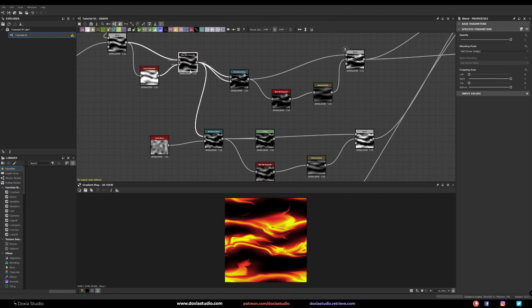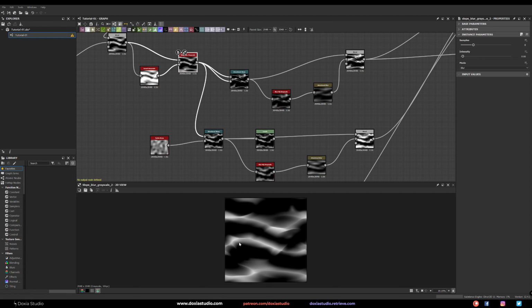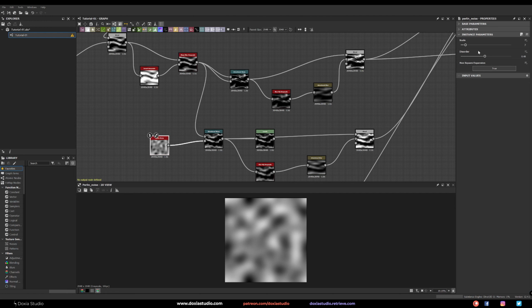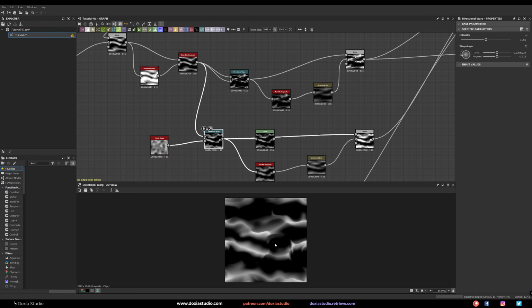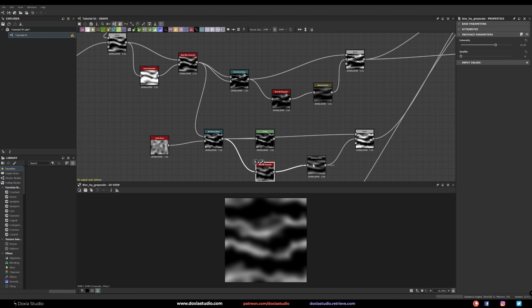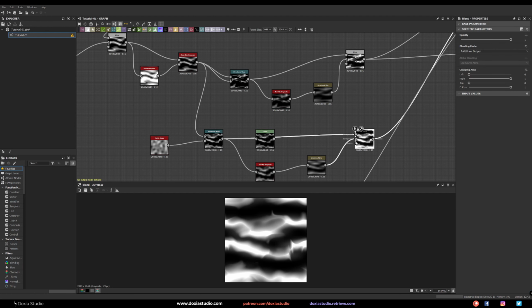So I came here to this one. I was really happy with those black strips. So I did Perlin noise with really a good scale, a bigger scale than previous ones. Directional warp to get another effect, so you can see the difference. We kind of break the lines, play with the levels so we can get more black and more white. And same thing that we did previously and get this one.